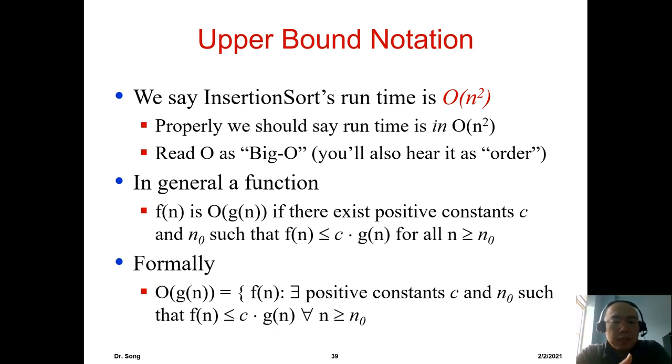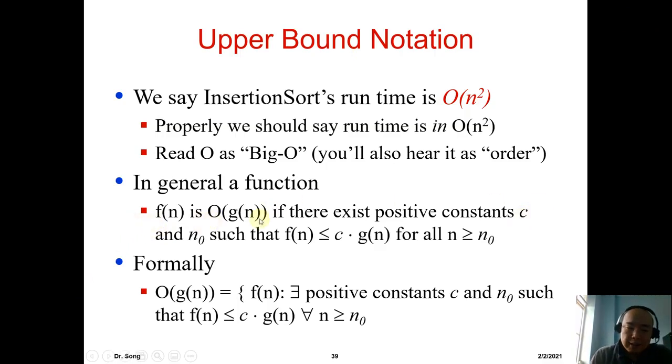Well, usually we read that as big O, but some professors read it as "omega" or other instead of big O, and you should understand that. Okay, so when we say an algorithm is big O n squared, what does that mean? Or we say it is big O with parentheses containing a function or a polynomial. What does that mean? If we say a function f(n) is O(g(n)), this means